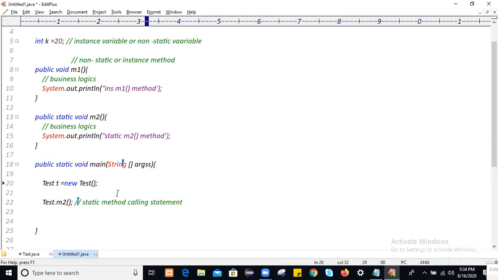Similarly, if you want to call an instance method, we always call the instance method by using the object name. What is the object name? Test t1 is the object name. T1 is the object name. Okay.